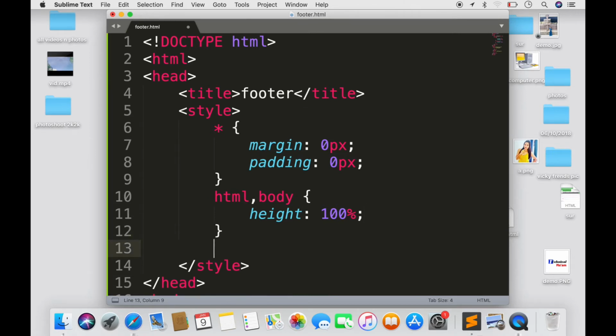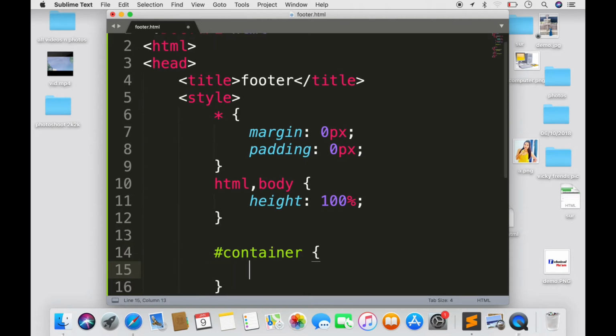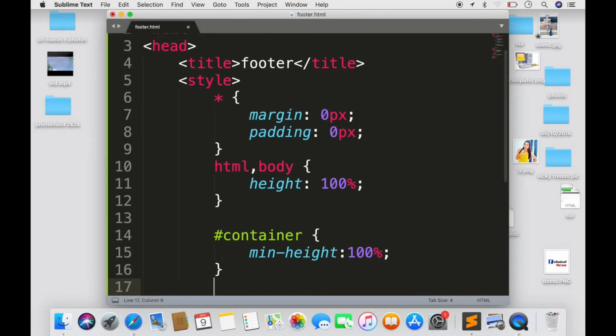After this, for the id I use hash. Then after container, then curly brackets, then I set minimum height 100% of the browser. Now I'm going to move to the id main. Then after curly brackets I'm going to set overflow to auto,